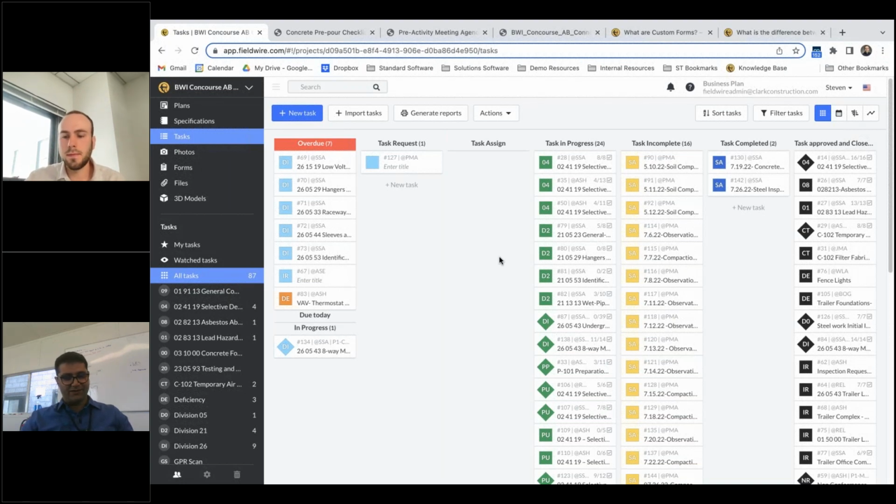Yes, so the Fieldwire team and Fieldwire itself, the software, has been doing a great job in terms of documenting and making sure that we build the work right and we document it right. So it's a very good tool for documenting the quality management system here at the BWI. And I definitely encourage our team members to use the software to the maximum extent they can, and they will find this software very useful on their construction job sites.